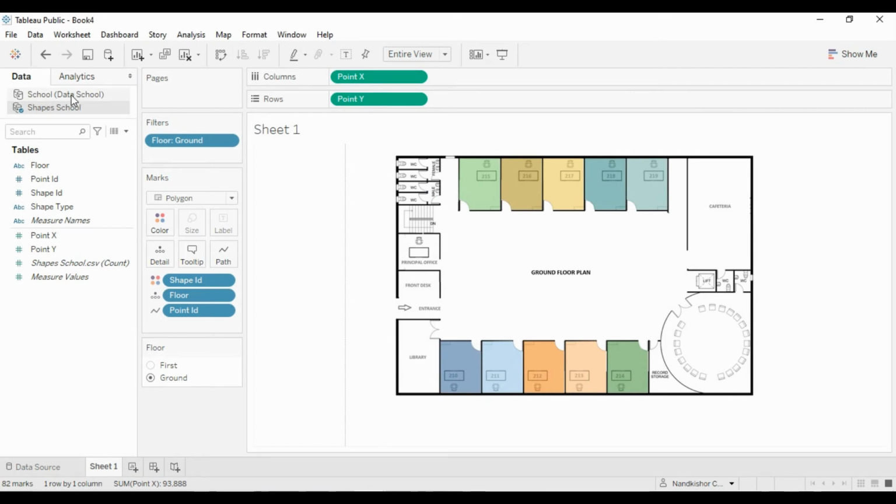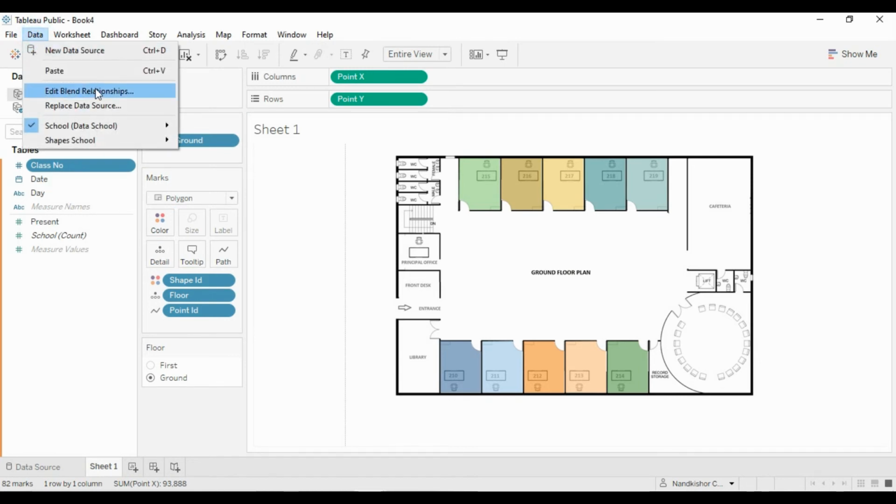The reason is, if you click here, class number is a number, and that's why it's using it as a measure. But we know that class number is not actually a number or a measure. For that, move it into the dimension section. Now try to blend the data. Edit relationships,